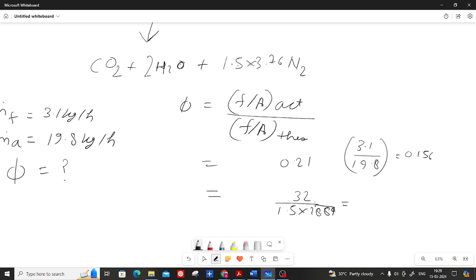See, combustion takes place in air, not oxygen. So here only one molecule is not there. If you are saying one molecule of oxygen has 3.76 molecules of nitrogen, you have to consider that. Sir, that answer I have to divide by 4.67? Yeah, 4.76, that is the correct answer. So if you do that, you will get the correct answer. 32 upon 1.5 into 28.84, divided by 4.76. See, this is a very common mistake. So it will be 0.155.